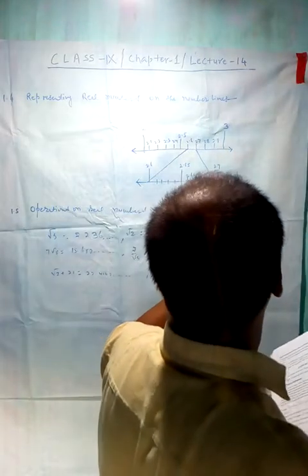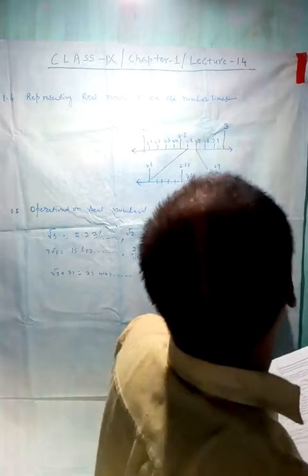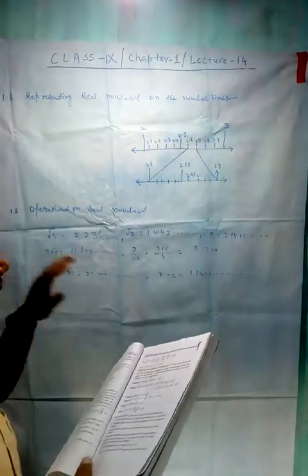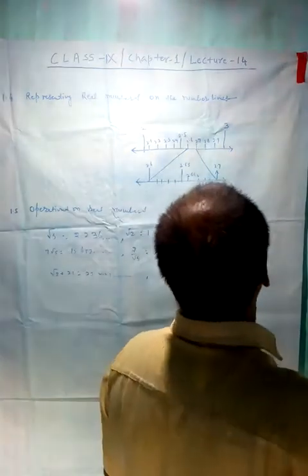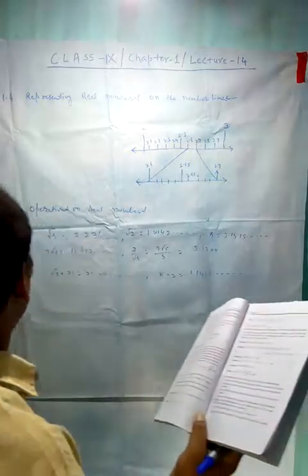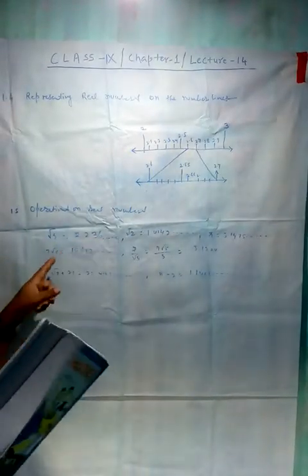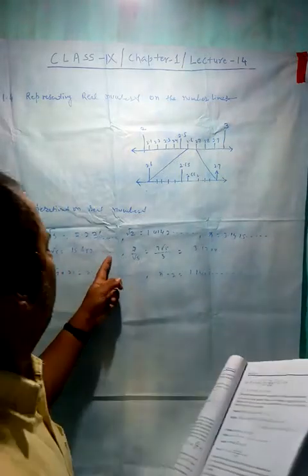Pi is equal to 3.1415..., non-terminating and non-repeating. 7 root 5 means you have to multiply this result by 7. You will get 15.652...